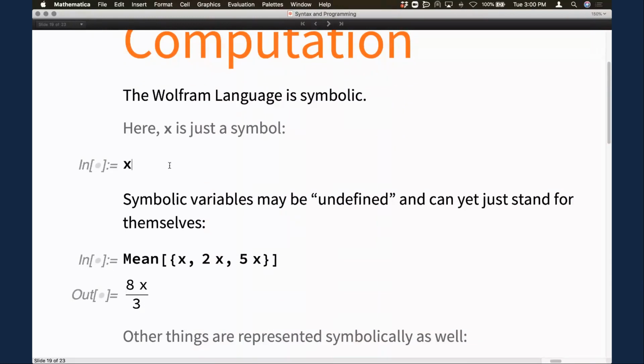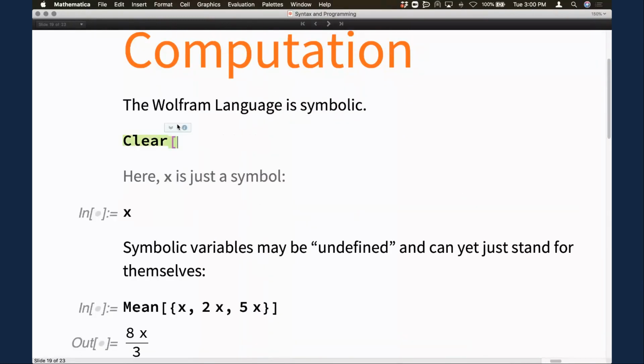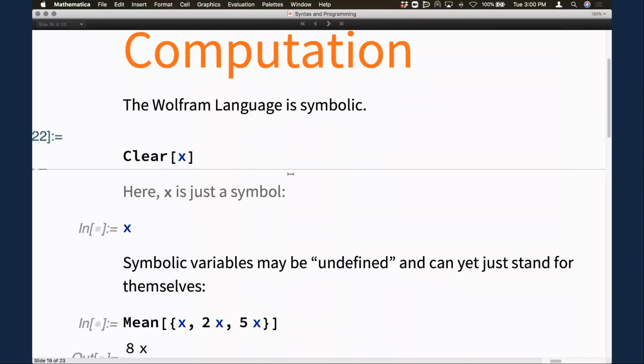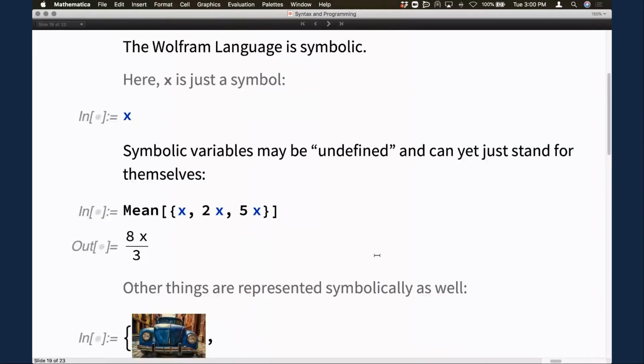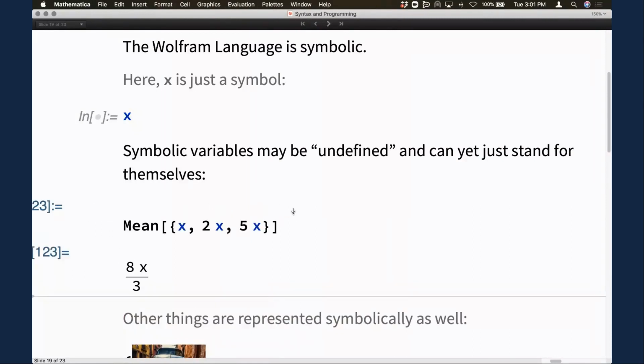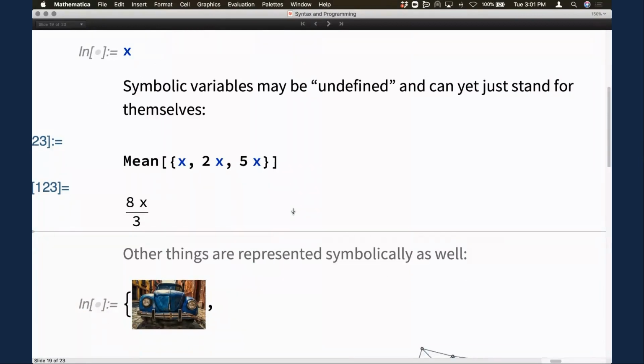So here x is just a symbol. Actually, I think we had used x before. I'm going to go ahead and clear it. So now you see it turns blue. x is just a symbol, and it can be undefined. You don't have to define a value for x, but you can still use it for computation. And that's why, any expression represented in symbolic form,